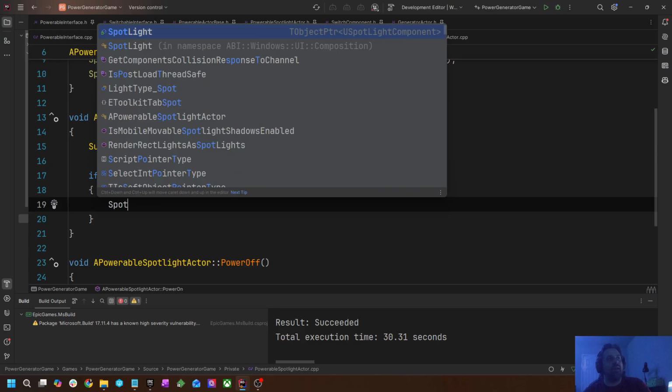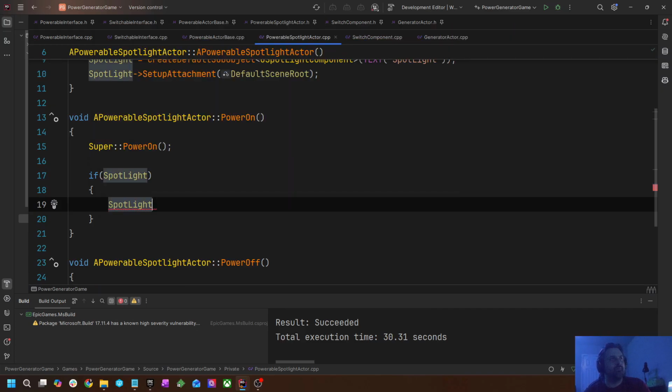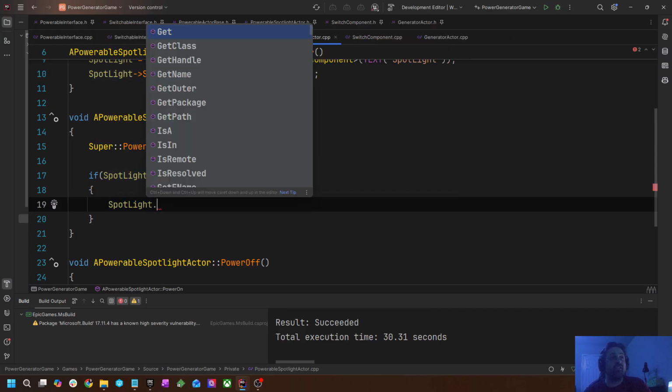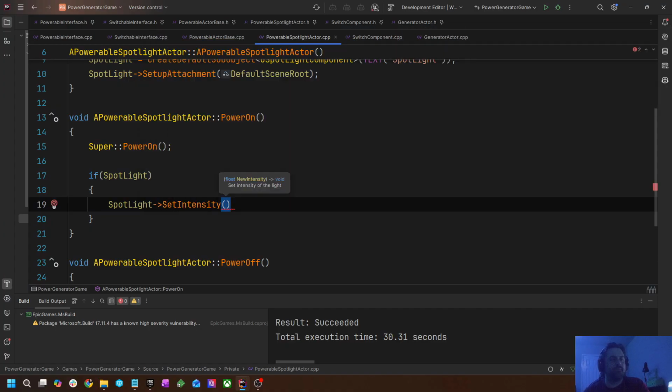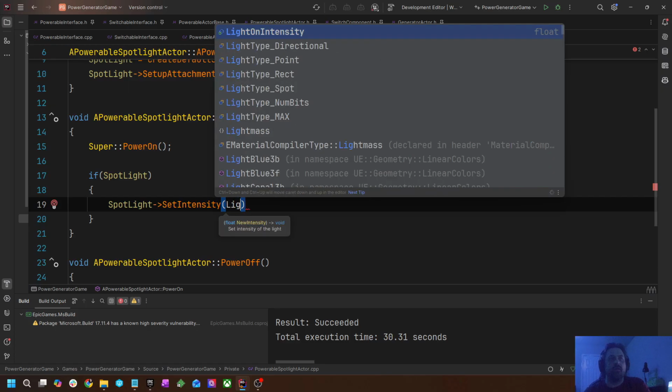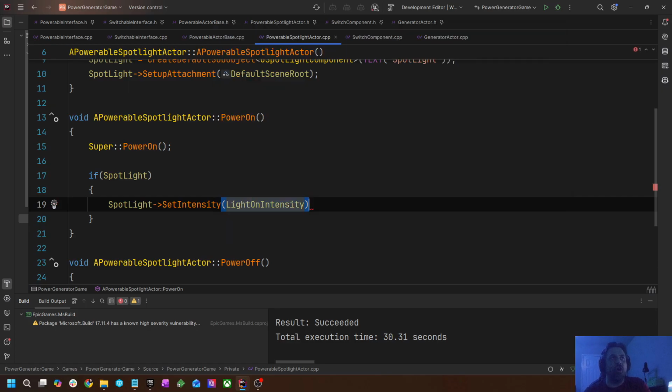And then we're going to go to Spotlight. And this time we can do dot SetIntensity, enter. And then that automatically turns that into the arrow, and I'm going to do this as the LightOnIntensity value, and then just hit the arrow, semicolon,